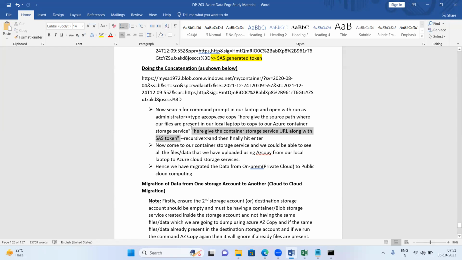Storage service URL along with the SAS token. Then next, we are adding hyphen recursive. Then finally hit enter. What I'll do is